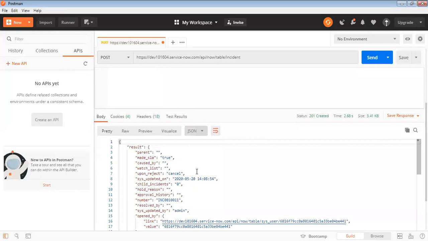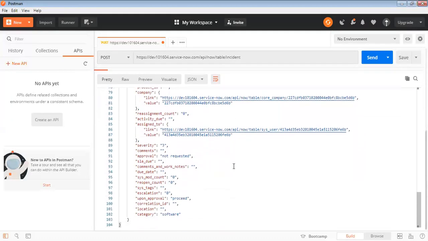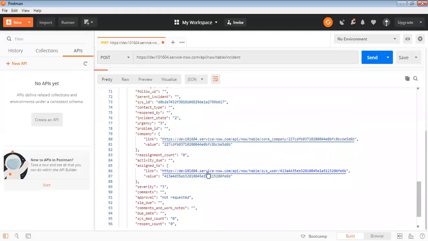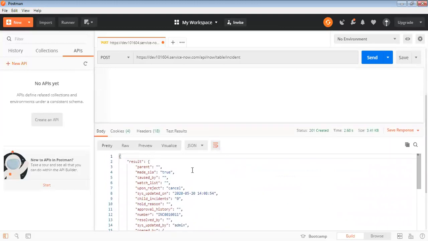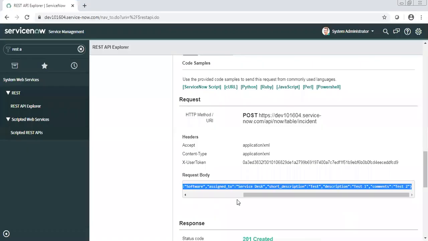Once you send it, you see you are getting the successful response. That means your API is working perfectly from a third party tool. They will also get the incident number in the response. Now, if I go to ServiceNow, we should have this incident number created right there.